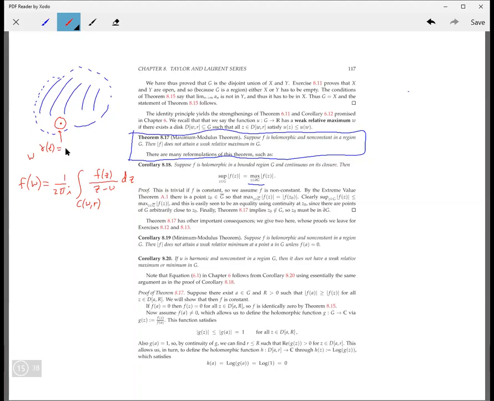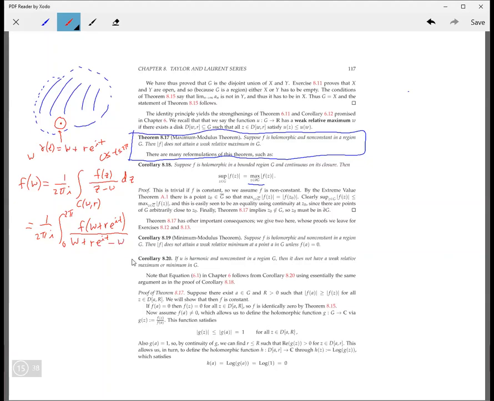Well, it's w plus r e to the i t, or theta, where t goes from 0 to 2 pi. Okay, so if you set that up, you get 1 over 2 pi i times the integral from 0 to 2 pi, by these limits here. This is f of w plus r e to the i t over, and then down below, what you're going to get is this z turns into w plus r e to the i t